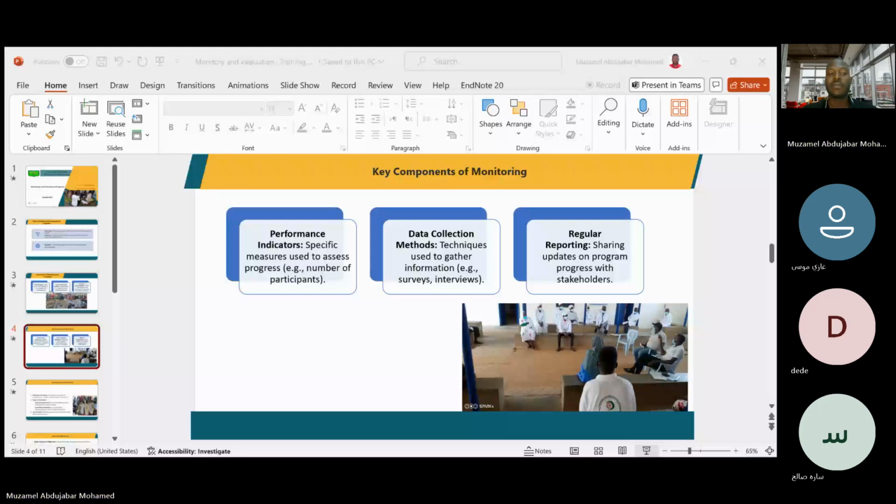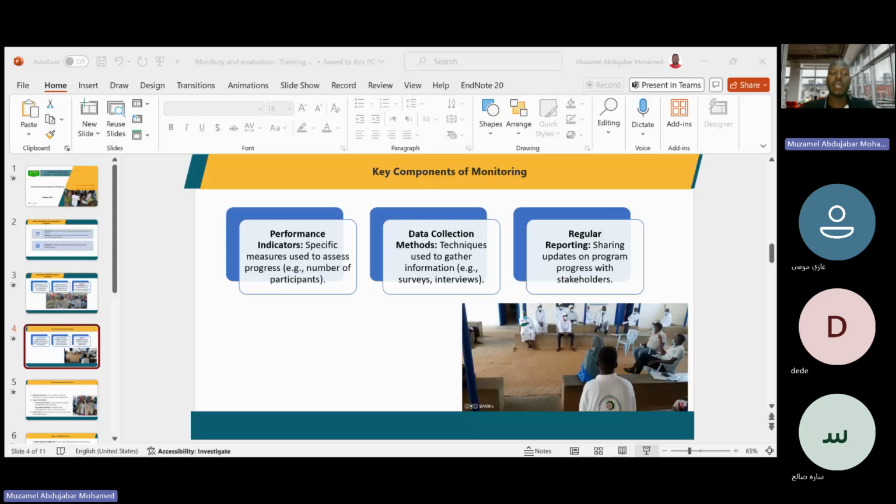because when they give you the money, they give it based on the objective. That means evaluation is very important, and the evaluation question is very important to ask yourself or your team: do these activities you are doing meet your objective or not? If your activities do not meet your objective, that means they are useless. You can change your activities and find activities that meet your objective. This is about the evaluation question.